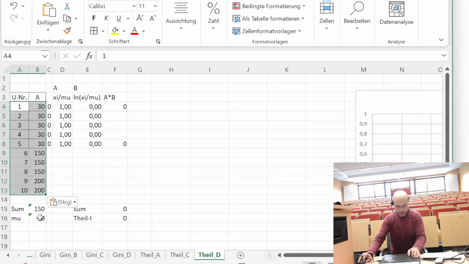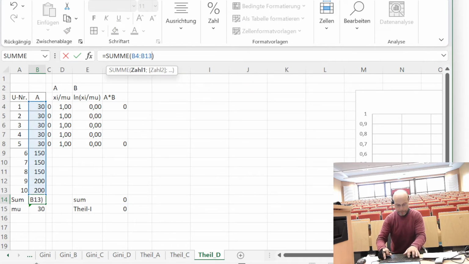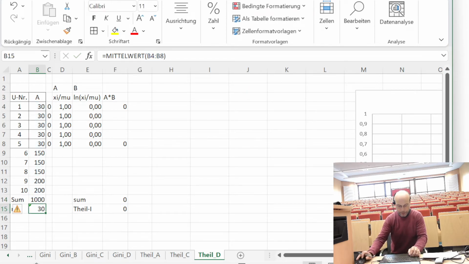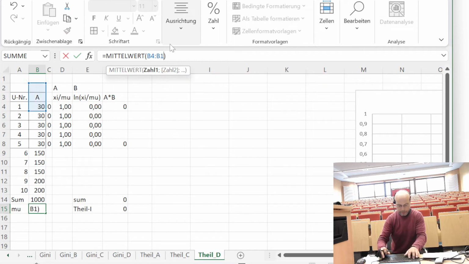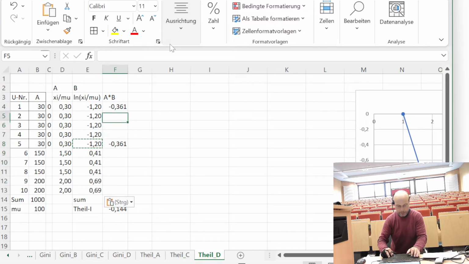And we need now the sum up to 13. The average also up to 13. This down to 13, this down, the product of both,